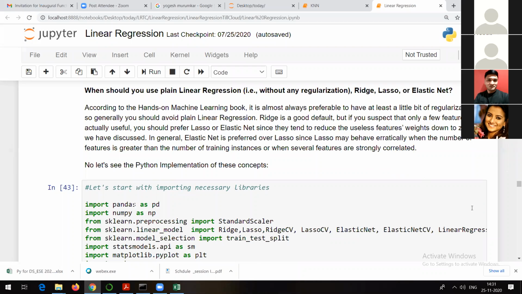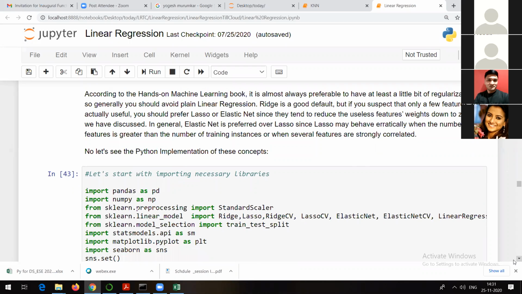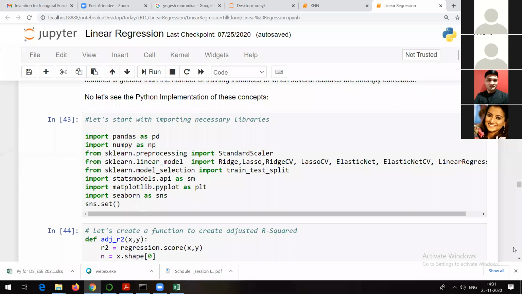So the first and foremost thing is I'm going to import all the necessary packages. What are we going to need? You are already aware of the pandas package. Pandas is used to fetch the data, to read any file. In our case, our input data is in a CSV file, so we need pandas to read the data from the CSV file into a data frame in some variable. The NumPy package is used to convert anything into an array, and for calculating different stats we are going to need this. That's why we have imported it.